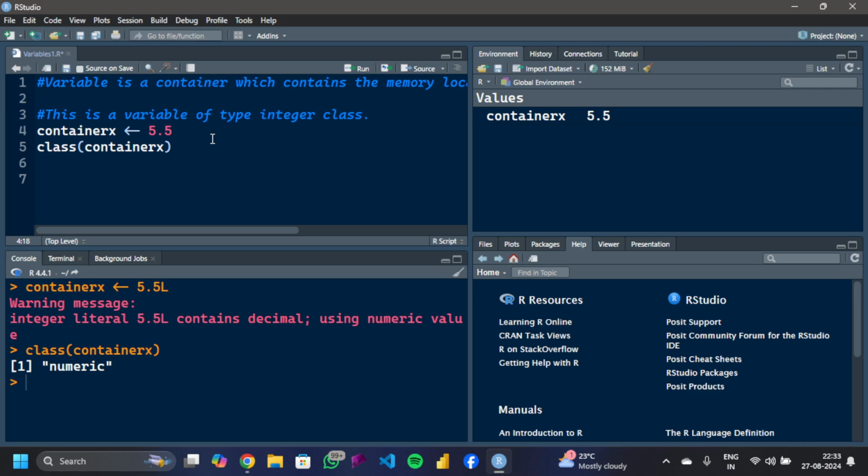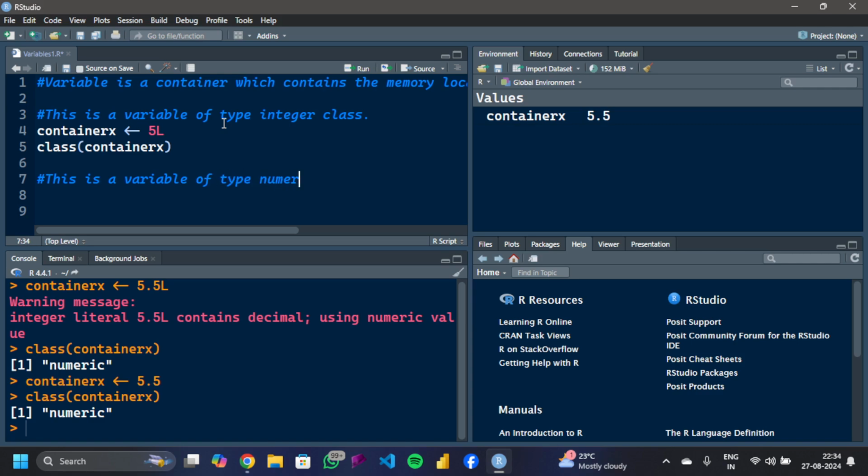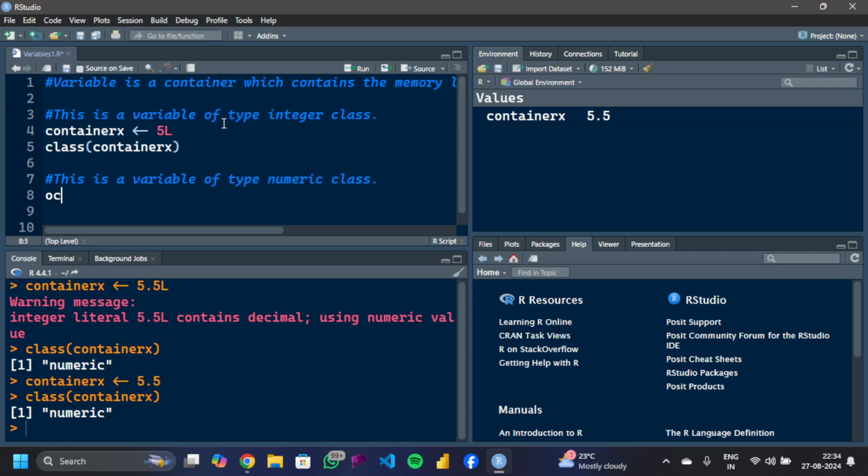So that is the reason. We remove the L, and now if we run it again, you'll see that it becomes a numeric class. It is a convention that you don't put anything at the end when you're declaring a numeric class. The numeric class allows not just decimal values but a range of other values as well. For understanding purposes, we'll use container x for integer, and I'll declare another variable which is of numeric type. This is a variable of type numeric class. So I'll basically declare a,